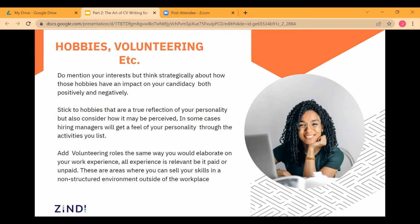While I'm not saying that you shouldn't express yourself, you need to also put yourself in an employer's perspective. If I say, oh, I enjoy partying, in the employer's mind, they're thinking, if this person enjoys partying, maybe on a Sunday night they've gone to a party, how do I know that Monday morning they're going to be efficient? So again, be very wary of how you word your hobbies, because as I said, we're trying to create a professional